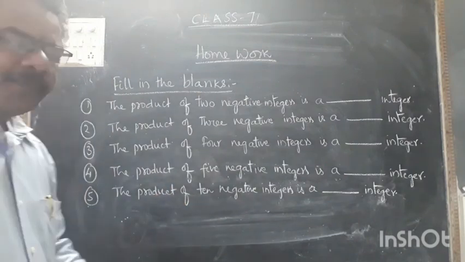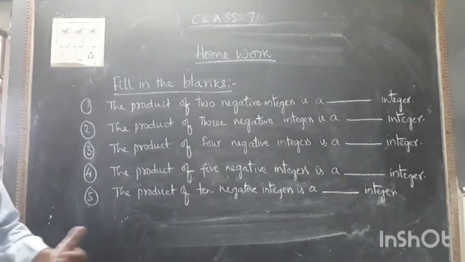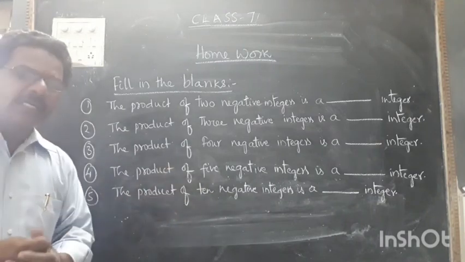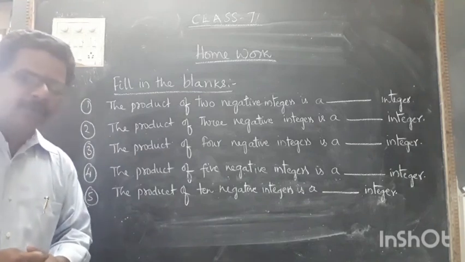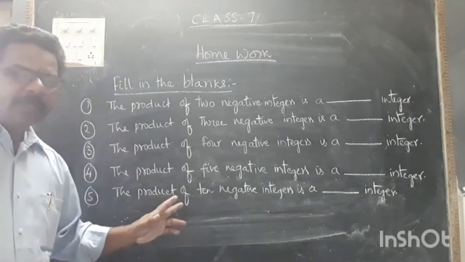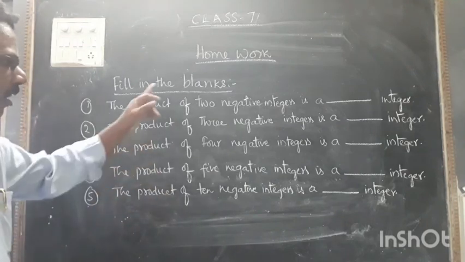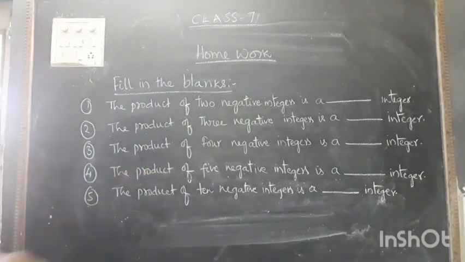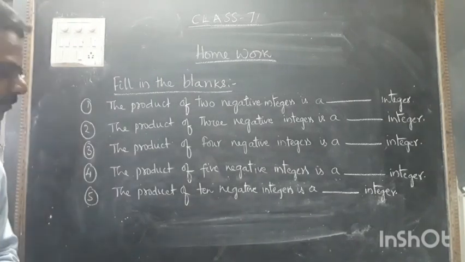Okay. Roughly, you can think, if there are 100 negative integers, what is the resultant integer's symbol? That also you can find out. Okay. Please pause the video and note down the sums. And after that you have to write all the answers, question and answer, in the blanks like this only. So you have to note down and after that you have to fill the blanks and send to my WhatsApp number. Okay students? Right. Please note down.